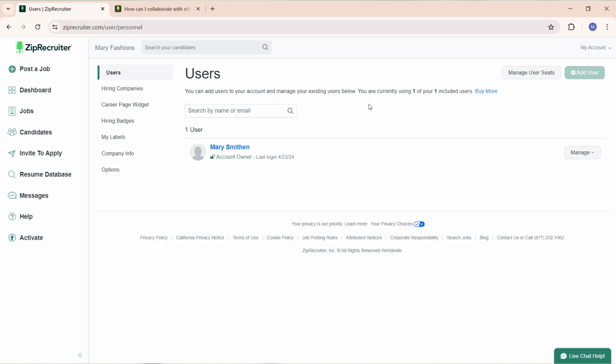Right here, I cannot add a user because I'm using the free version, which includes one user. But click on this Buy More button for you to subscribe to the premium version. And once you've subscribed to the premium version, you'll now be able to add a new user. All right, so you'll be able to add a new user from this place. All right, so after you've added a new user,